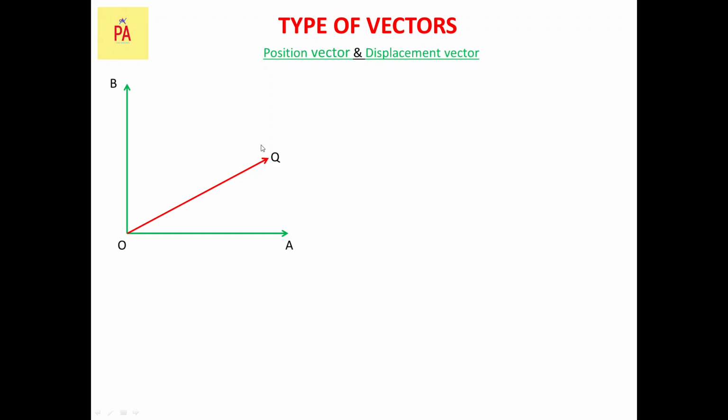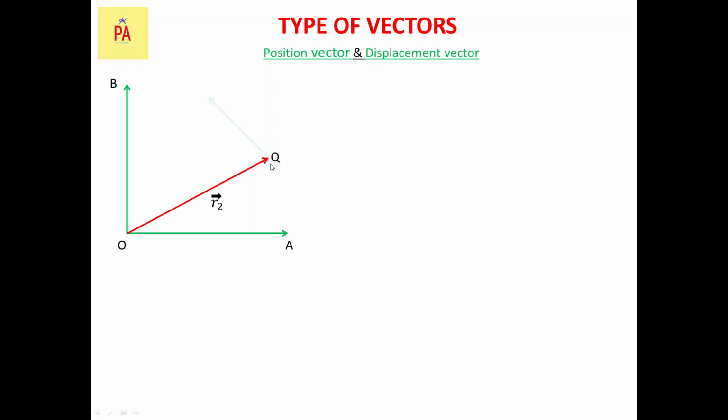That means if I bring an object to position Q, and draw an arrow from the origin to that point, then this is the position vector, which I have represented as R2 vector. That is the position vector. The cap sign overhead represents that R2 is a vector quantity. So this is your position vector for the object positioned at point Q.